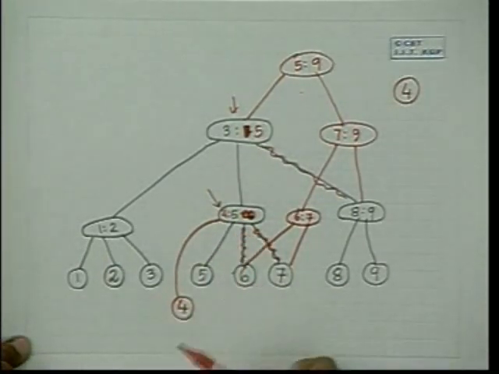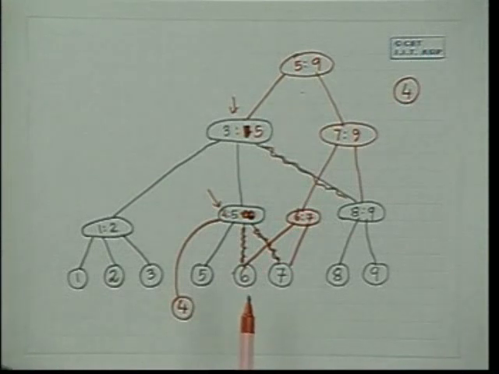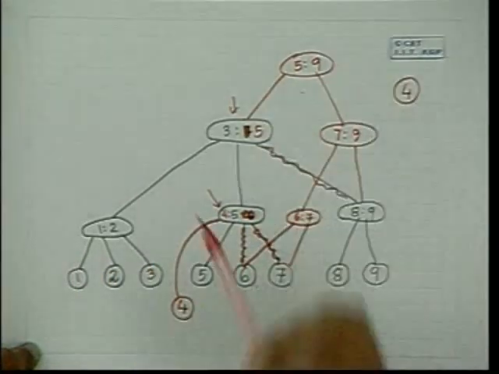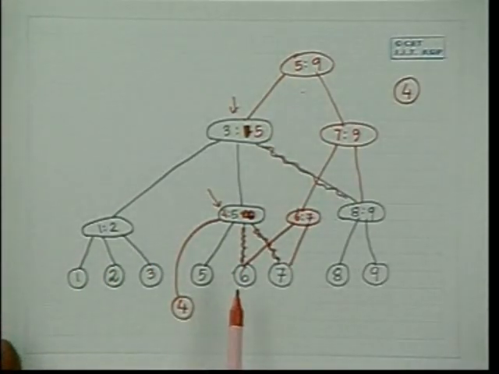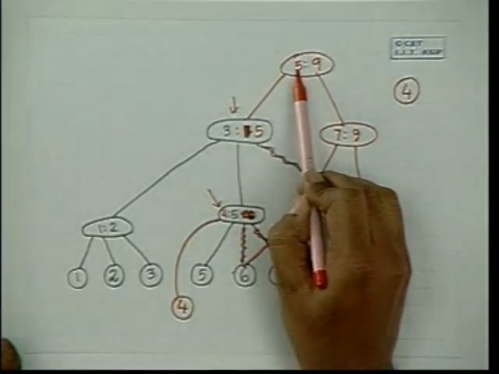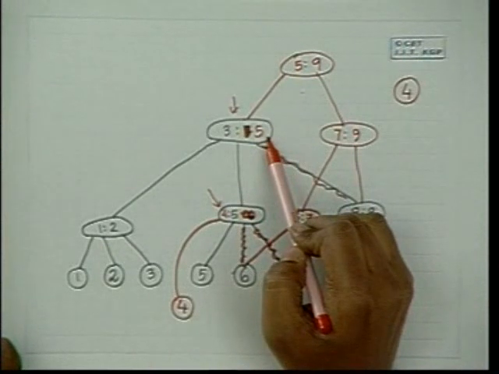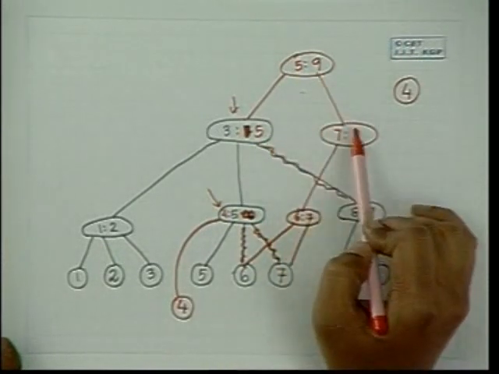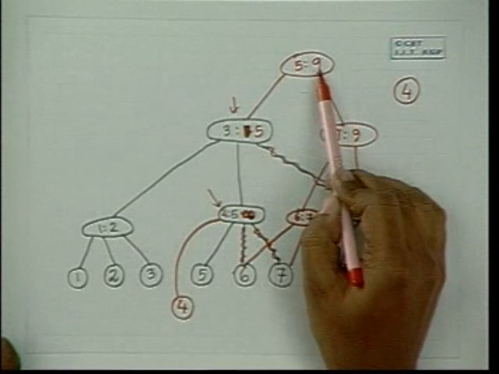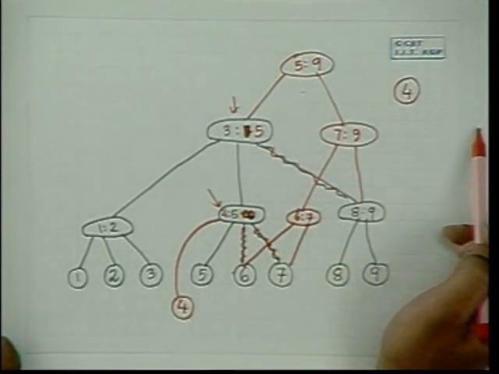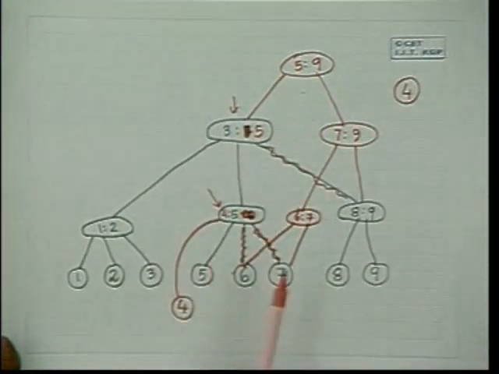Maintaining 2 values, the programming effort may be a bit tedious. If you maintain all the 3 values, the maximum on the left, the maximum on the middle and the maximum on the right, then your programming task will be easier. Because the L value at a node is the largest value of its left child, the M value at a node is the largest value of the middle child, and the R value is the largest value of its right child. So if you maintain all the 3 values, then your programming task will become easier.